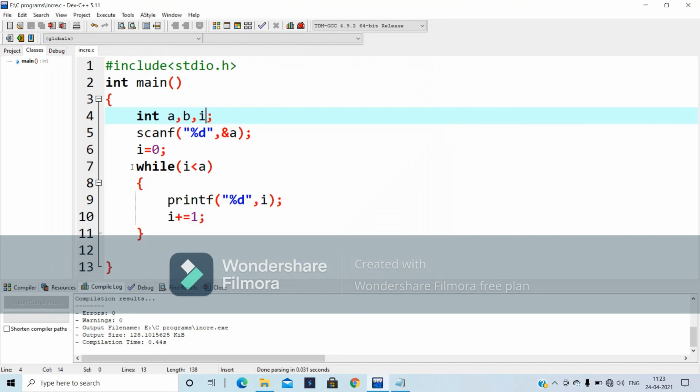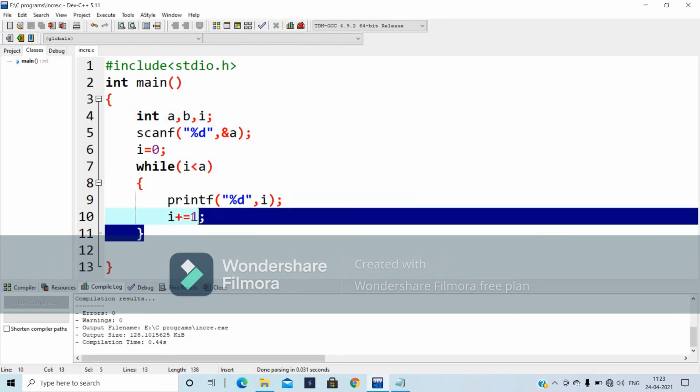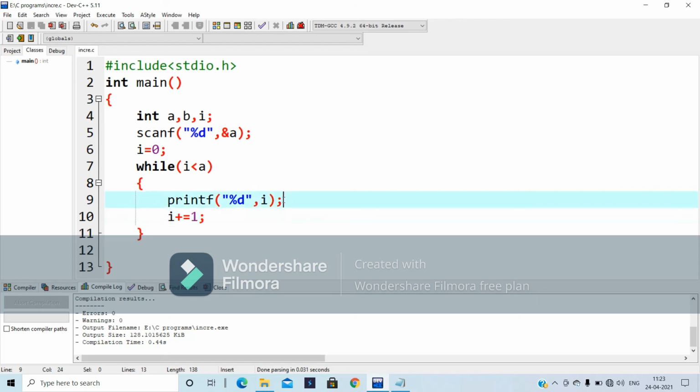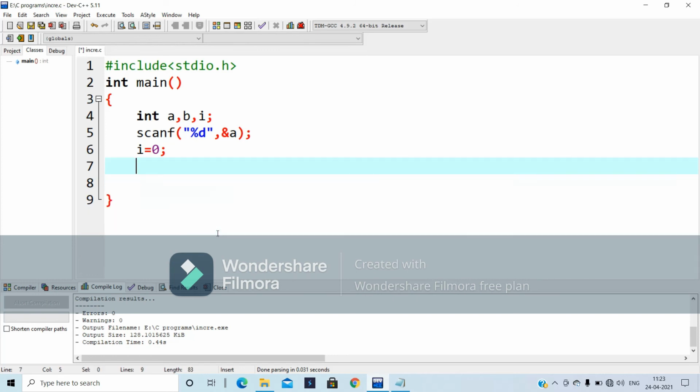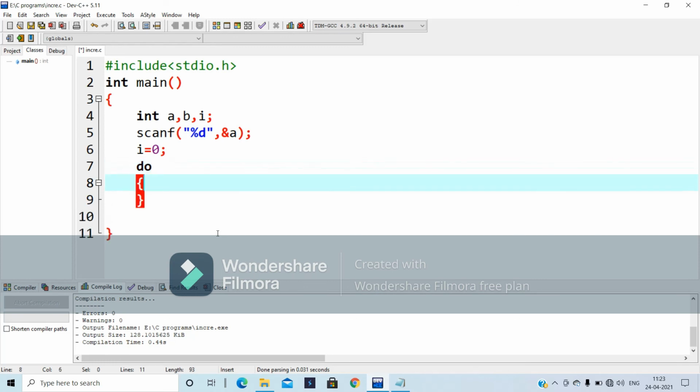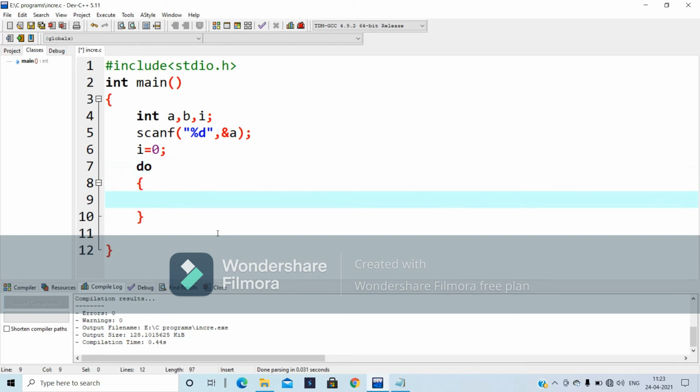This is the syntax for the while loop. This is the increment and decrement. This is the set of statements, and this is the main condition, the base condition. This is the while. Same as do while. While is a pre-checker, and coming to the do while, it is a post checker. First it executes the statements, after checking the conditions.